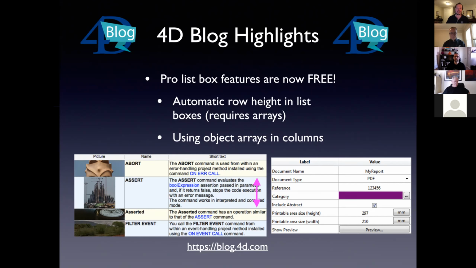Now, what that allows you to do is to have each different cell within a list box have some really specific functionality. It's commonly noted that the property list editor in the design environment in 4D basically uses the same functionality,